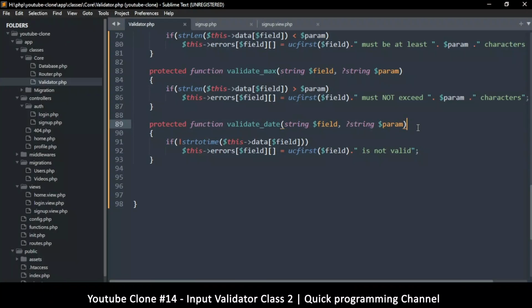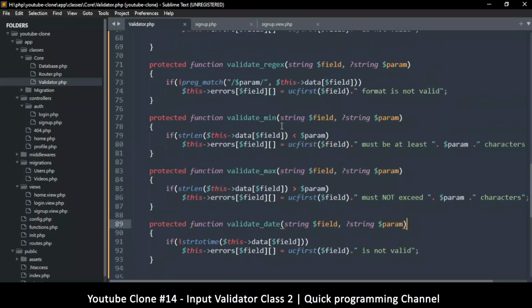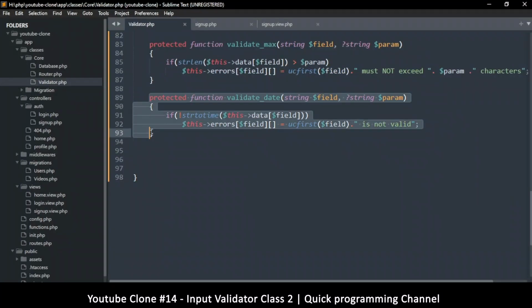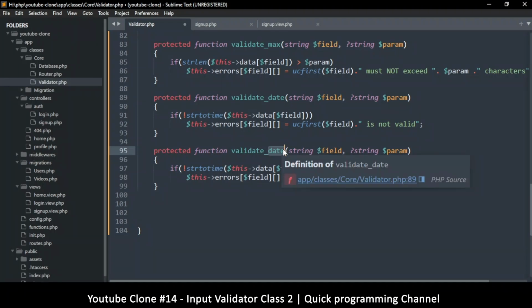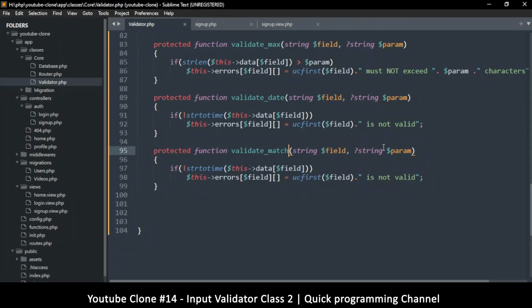Okay, so at this point we have date, we have, oh, let's do the matching one now. So this one should match. So the param in this case is the other field that should match whatever field we have here. So I'm going to say if something like this field, if it's not, we're only interested if it's not equal to, actually,